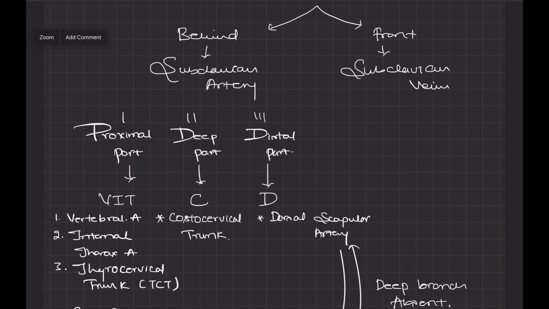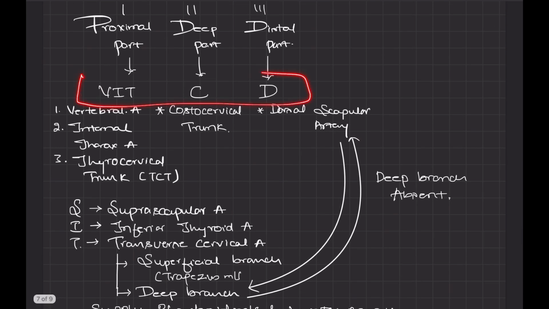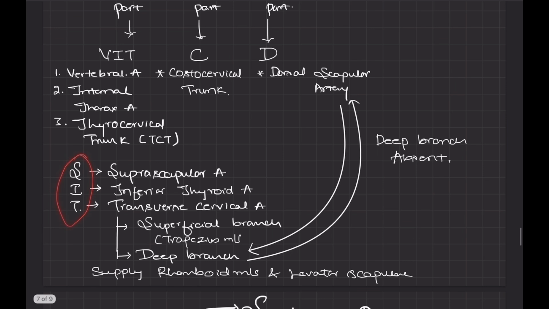The first part, which is the proximal part, gives rise to the VIT, vitamin C and D. Remember the mnemonic vitamin C and D. VIT is the vertebral artery, internal thoracic artery, thyrocervical trunk. This thyrocervical trunk again gives rise to three branches: SIT, that is the suprascapular artery, inferior thyroid artery, transverse cervical